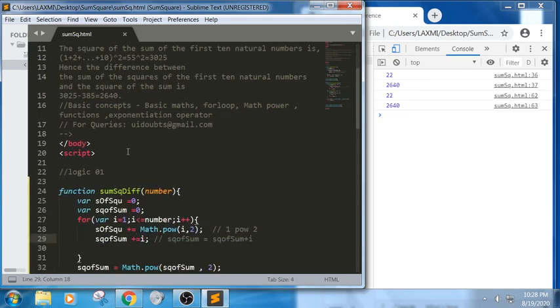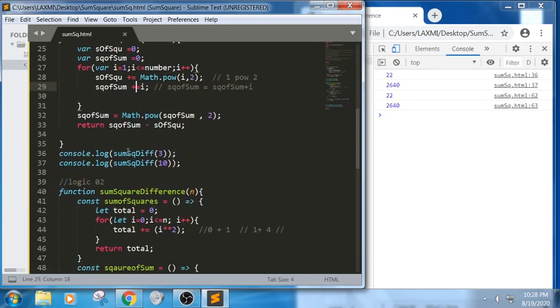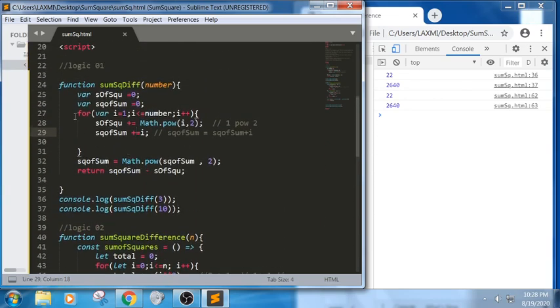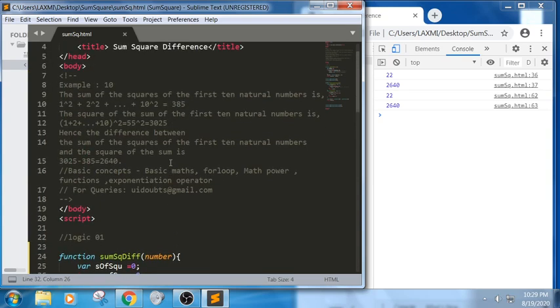So this is the logic. What we have done is that we have taken a number and we were trying to perform the operation. So you can understand this. In the first for loop, first statement, for each and every number we are trying to perform the power of it, and we are trying to store it in sum of squares. Whereas in the next statement we are trying to add all the values first, and later on we are trying to perform the square of it. You can understand the syntax: the first one performs the power and adds, whereas the next one adds all the numbers and then gives a power.